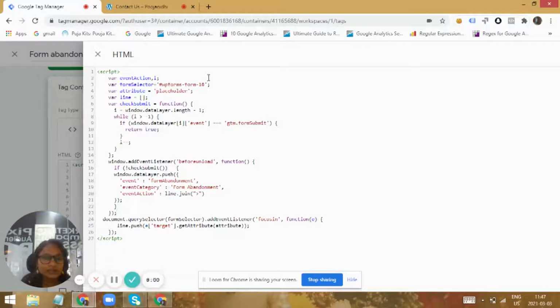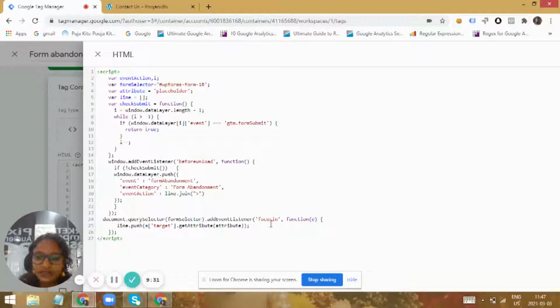So here we have taken the form selector. Initially, we use the CSS selectors and DOM scraping to implement this technique. So we use document.querySelector and the form selector that we have given using the ID. And then on this entire form, I'm adding an event listener. As I would like to track the entire form and all the elements in that form, I'm adding an event listener on the entire form. So any action performed on that form will be triggered, and then a function will run on that action.